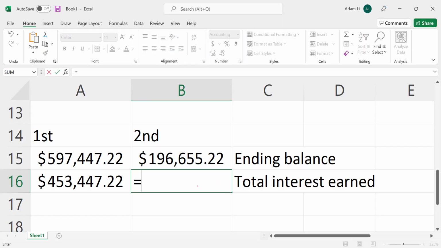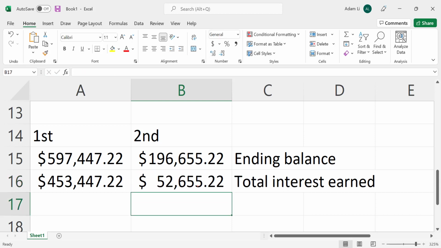It's equal to $196,655.20 minus 1,200 times 120 payments, right? There you go. So we get $52,655.20. As you can see, they are actually contributing the same amount of money, but the interest is so much